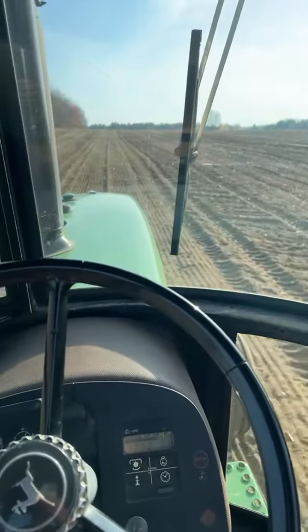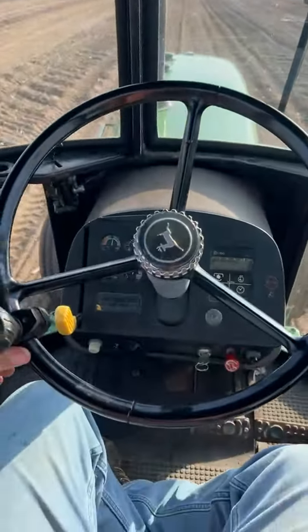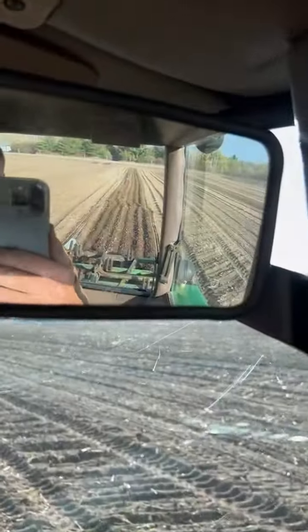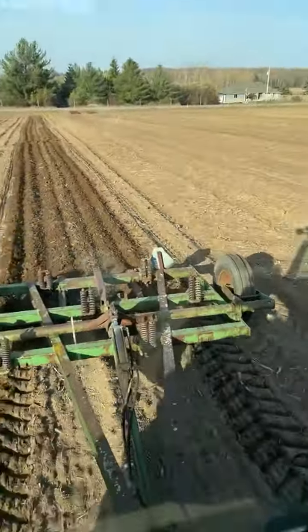We just got this tractor here. I think it was new this spring we got it. So that's exciting. We didn't have an older John Deere model like this. We just popped up a big rock. You can see the squiggly line there, which is a plow caught something. I'm not sure if it pulled it up or not, but